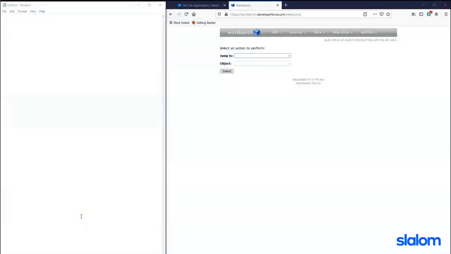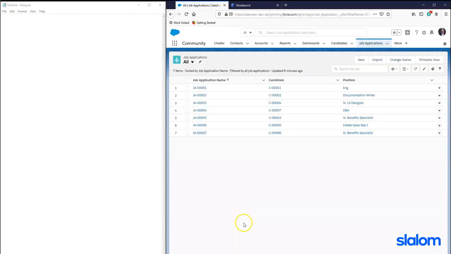I'm going to show you how to easily create Salesforce SOQL queries using Workbench. Using Workbench is a lot easier because it does most of the work for you. I already have a custom object called Job Applications, and I want to look at the job application name, candidate,